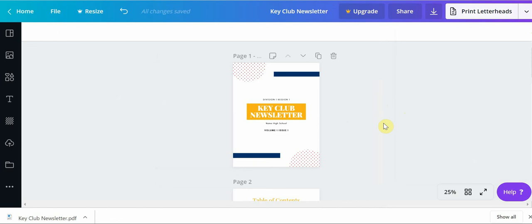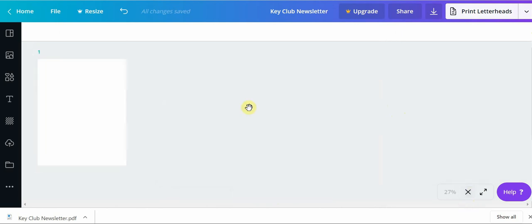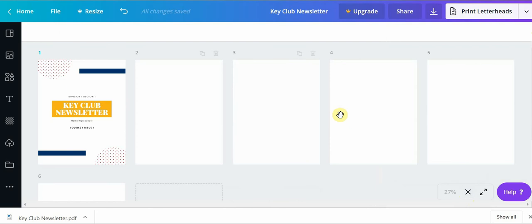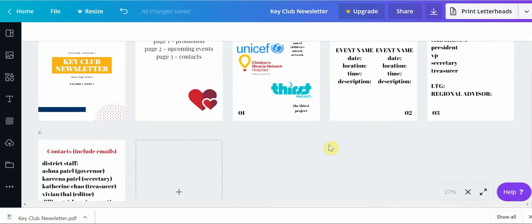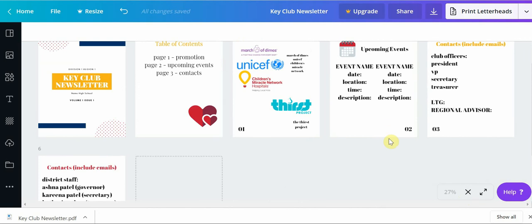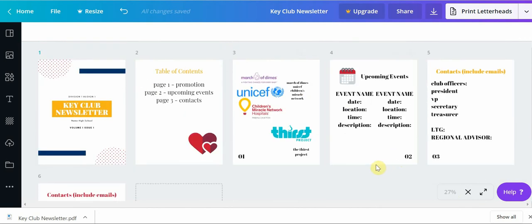And that's basically it on how to create a simple newsletter. You can press this box thing right here so you can see all of the pages, and I think it's a great tool when you want to see if your page numbers align or if your pages look good together, especially in a